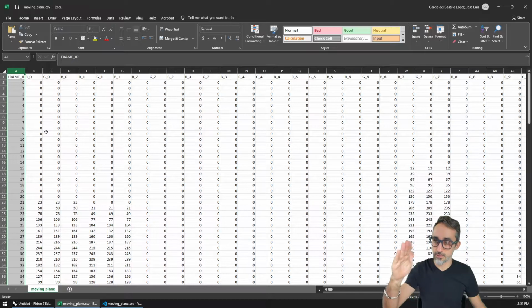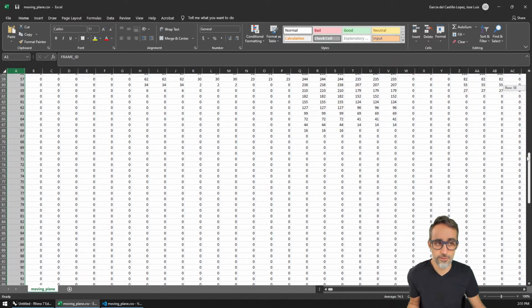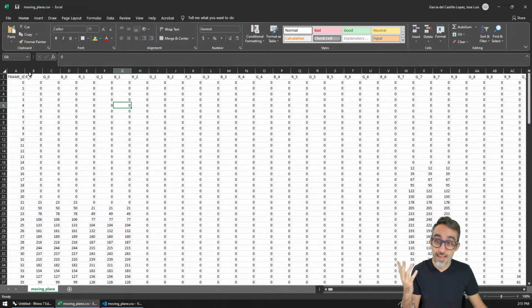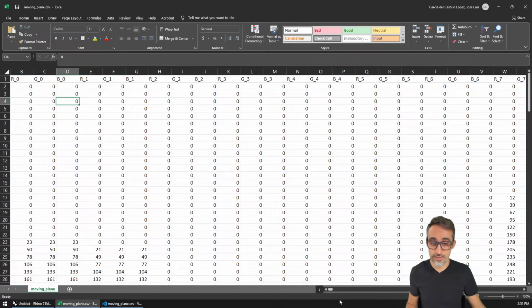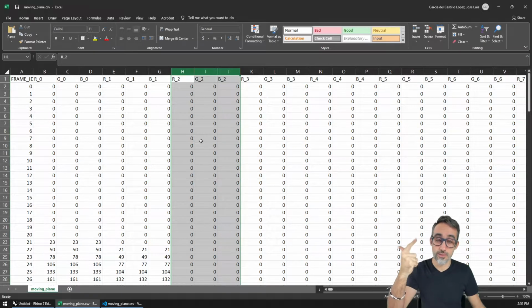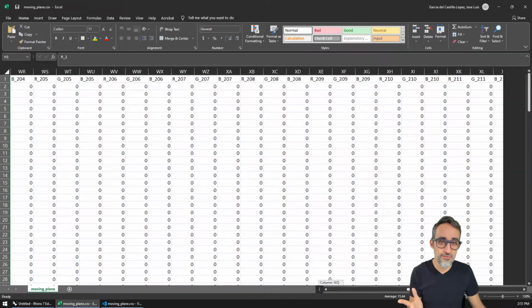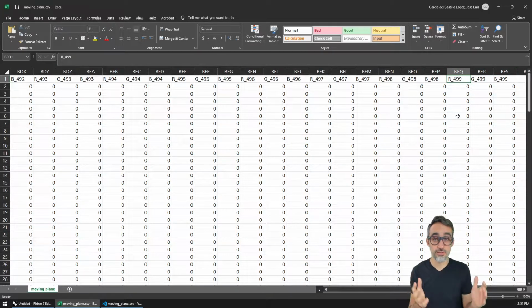It has the first column that tells us the ID of the frame, and it's basically a bunch of consecutive numbers from 0 to whatever the last frame number is. And then for every LED light, we have 3 columns representing the RGB colors of that LED light for every frame. So these are the 3 columns for LED 0. These are the 3 columns for LED 1, LED 2, each one of them being the RGB colors. So you can see there are 3 columns for every light. If I scroll all the way to the end, the last 3 columns are for light 499, which means that this simulation contains data for